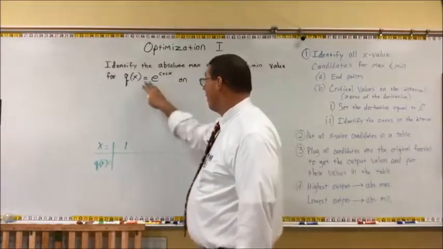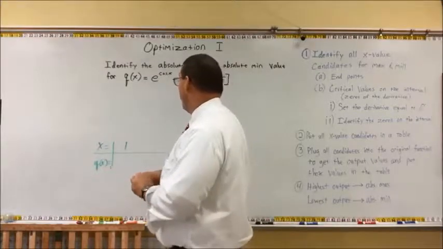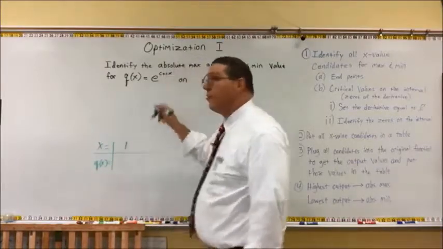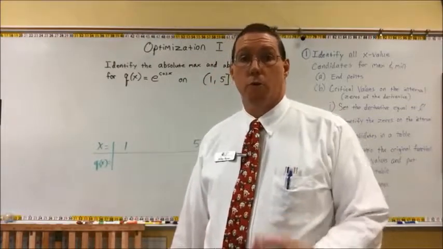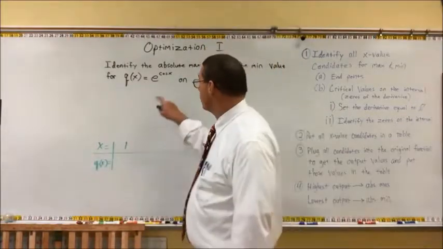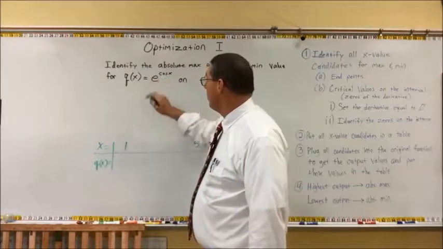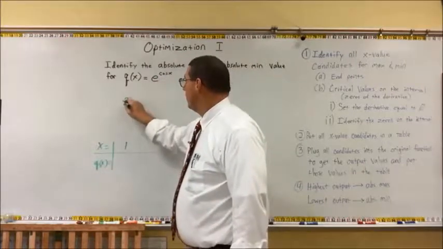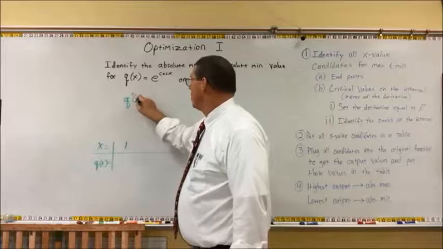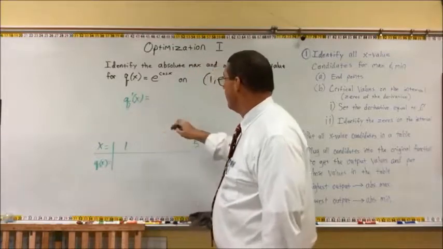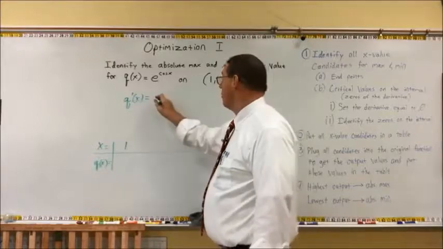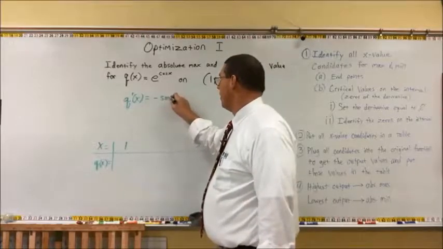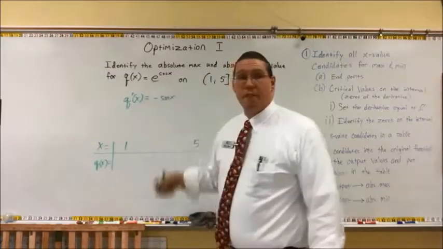To find those critical values, we need the derivative of q of x. Now, note that this is e to the power of cosine of x, which is going to require the chain rule because this is a composition function. We have a function inside of another function. So the derivative of q, so q prime of x is going to be derivative of the inside. Well, what's the derivative of cosine? Well, it's negative sine of x